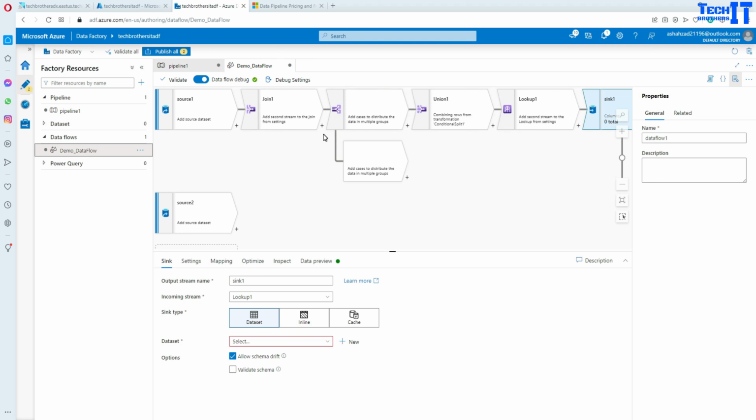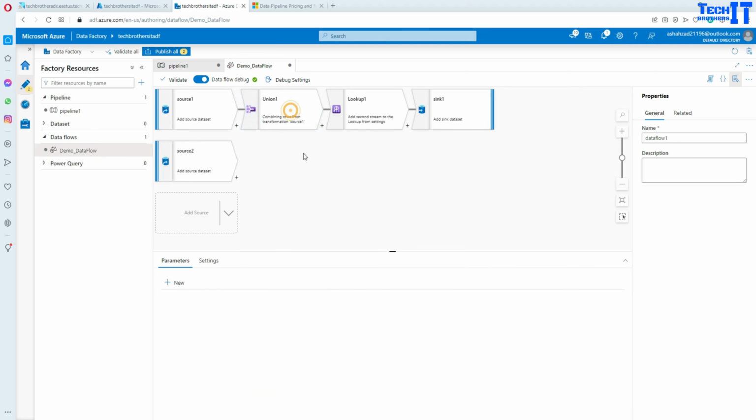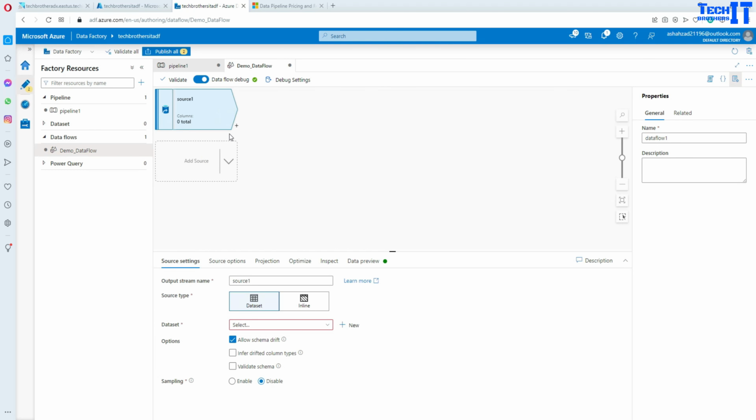Let's talk a little bit about our pricing here. If you see right there, it says data flow debug. So it is ready now. Now if I want to run my data flow, I can go ahead and run it. If I delete all these things, I don't need them, and I can simply, let me make it quick